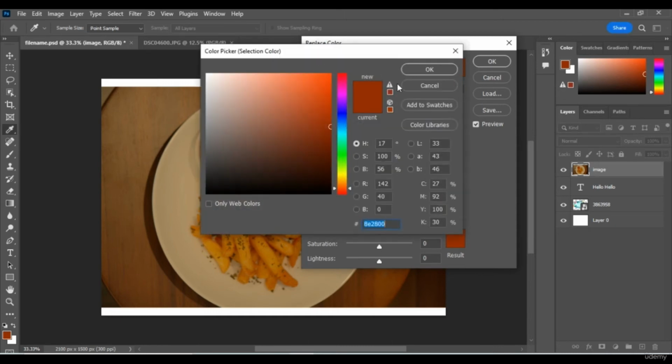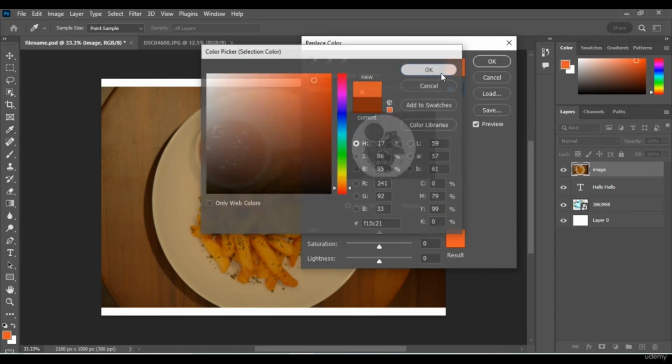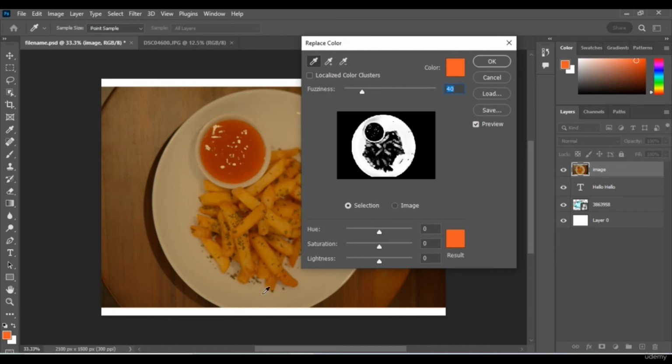You could choose the color by clicking this box. So you can see just the plate which have the light orange color will be covered by the fuzziness area. The more to the left, you slide the slider in the fuzziness, the less area it gonna cover, and the more area it gonna cover by sliding the slider to the right. Normally we will choose 40 as the amount of fuzziness,